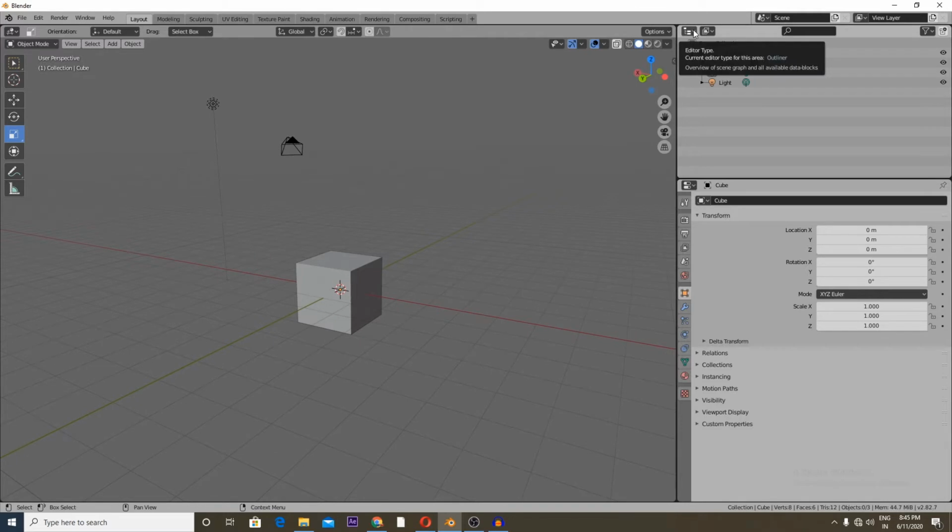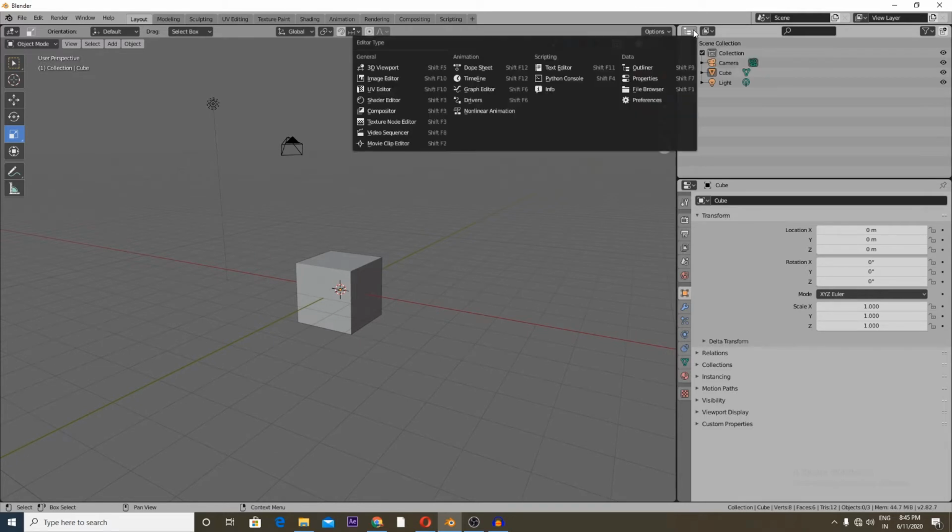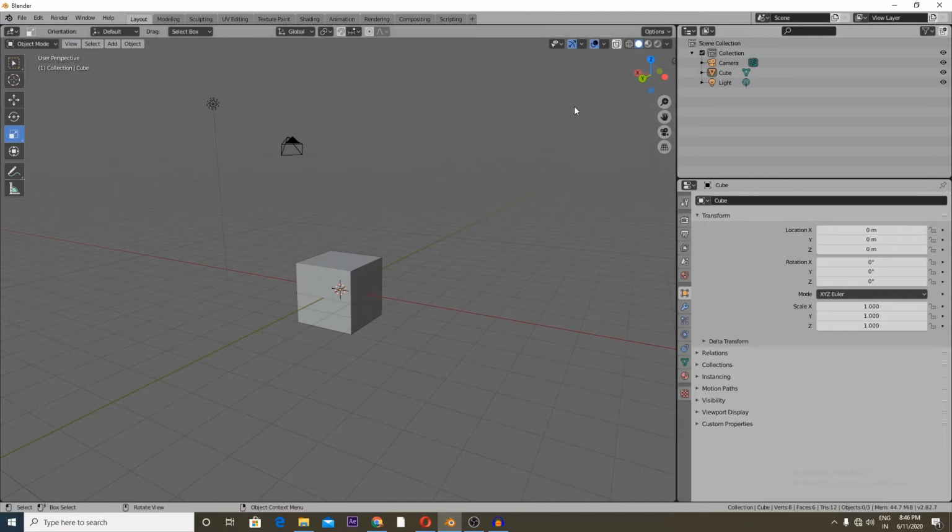This is the drop down menu from where you can choose any kind of editor you need to work with: shader editor, UV editor, image editor, timeline, dope sheet, whatever you need. However, if at any time you feel that you have to create some more panels, just come to the outliner and right click over here